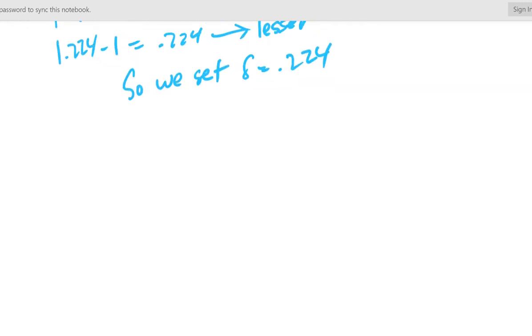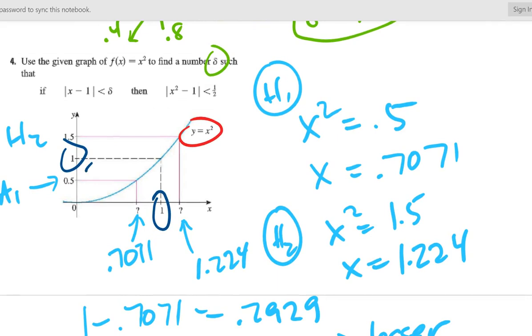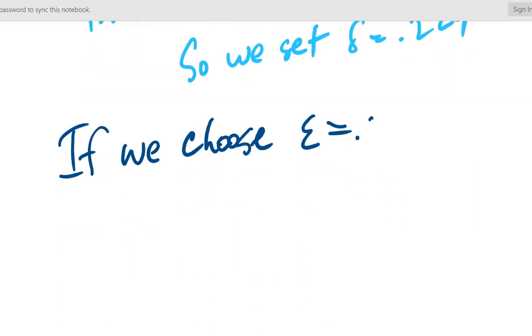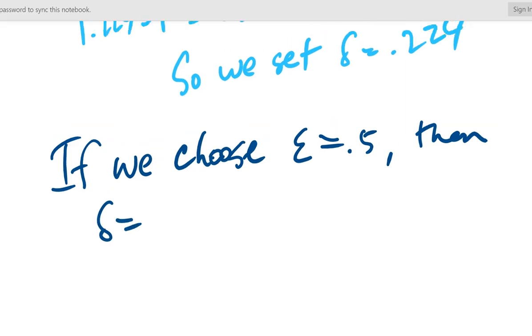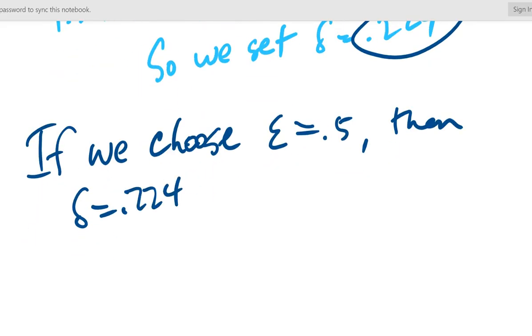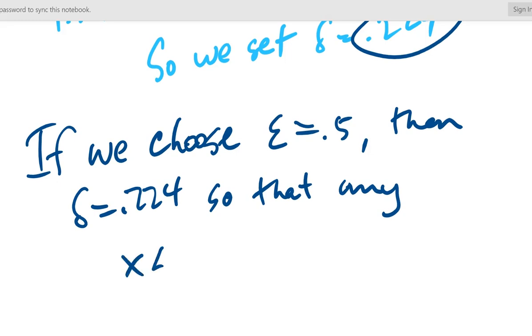So basically, it says if we choose epsilon to be equal to 0.5, epsilon's here and epsilon's here, and the difference here is 0.5 and 0.5, then delta must equal 0.224 so that any x between 1.224 and 1 minus 0.224, which is 0.776, so that for any x between those two, f of x is between 0.5